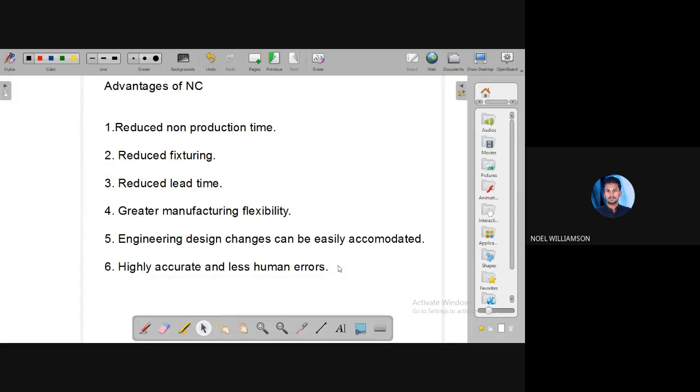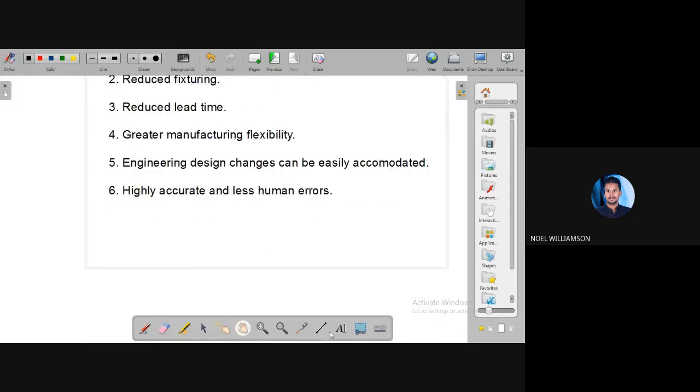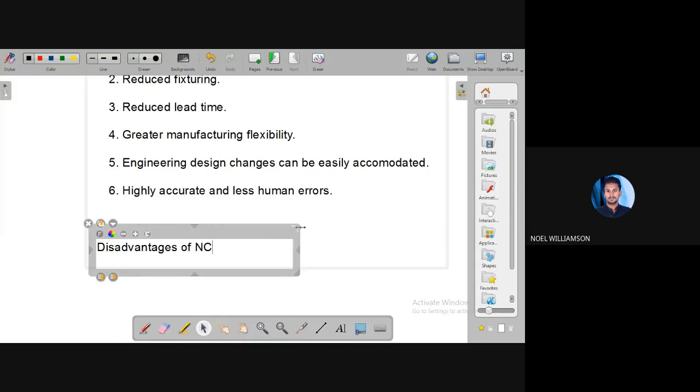And similarly, we will have some disadvantages also. So the disadvantages.